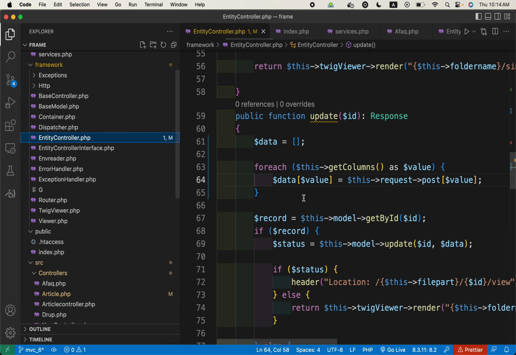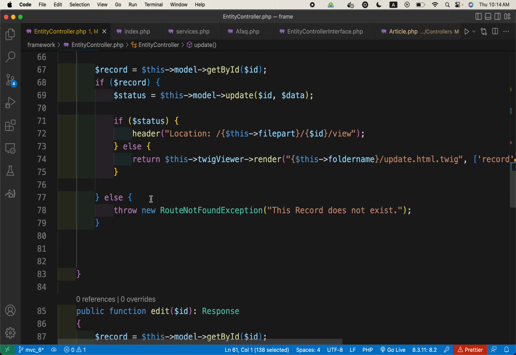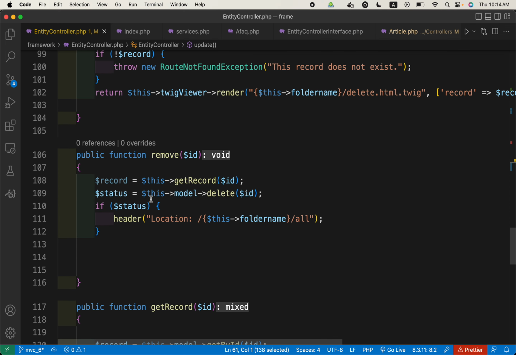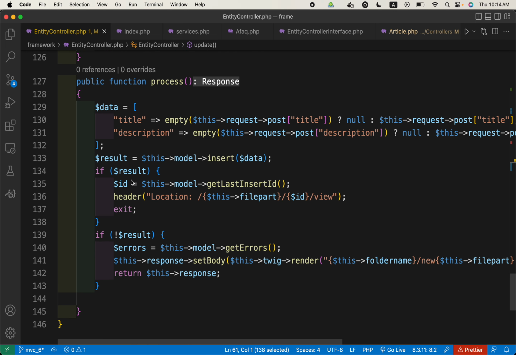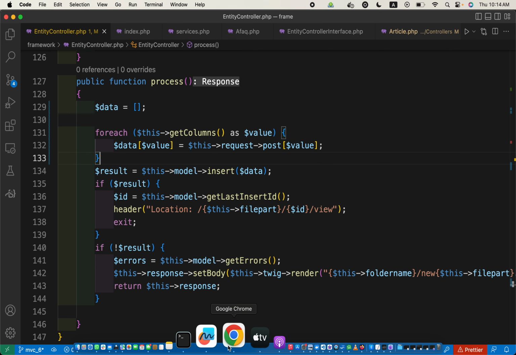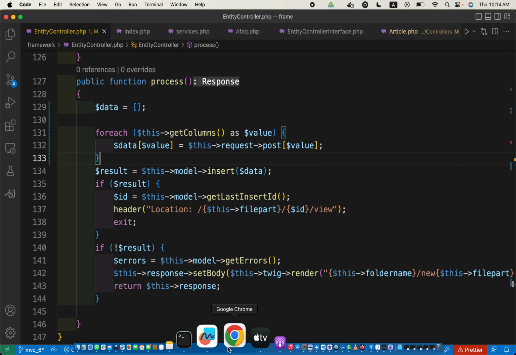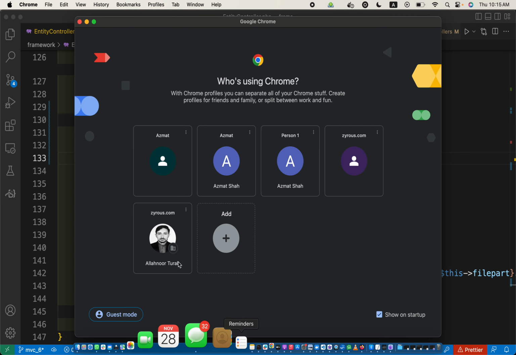So again, if I go to controller, I will copy this code and paste it wherever we need those data variables to be populated. So here again in the process one, this is for insert, we will place it here as well. Column has values, so this will populate the post values with the data value, and then we will pass it to the insert method. So if I open it in the browser now,